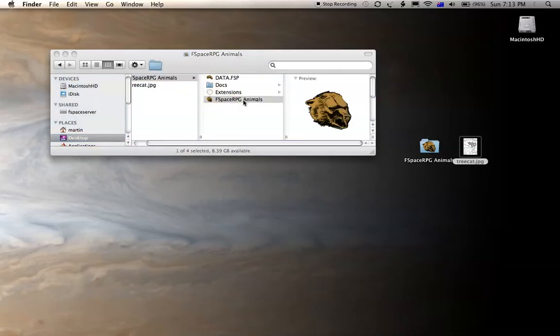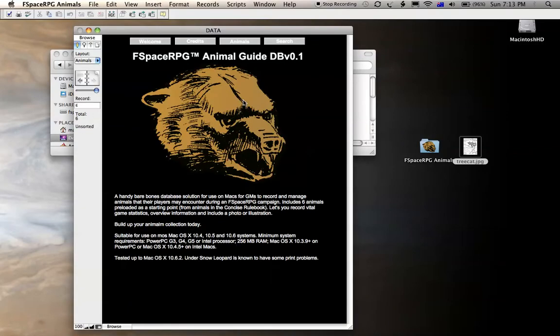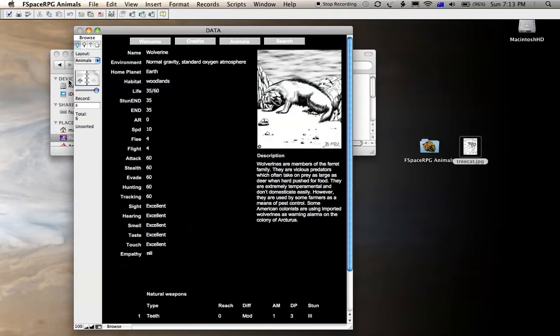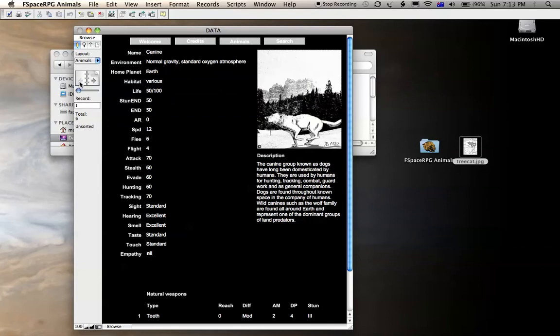Just double click the FSpaceRPG Animals application file, and in here you are greeted with the welcome screen as well as a series of quick buttons and a general interface that looks the same as you'll find in a lot of FileMaker products, this being based on their technology. You can quickly go through either the welcome screen or credits, or you can actually go straight to the animals section where you can